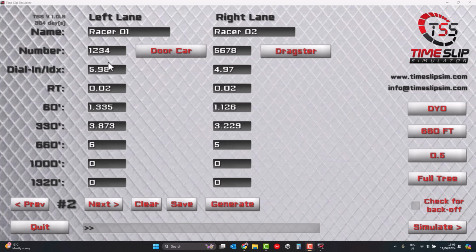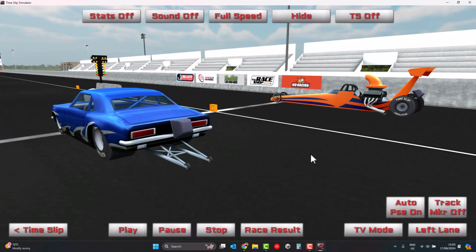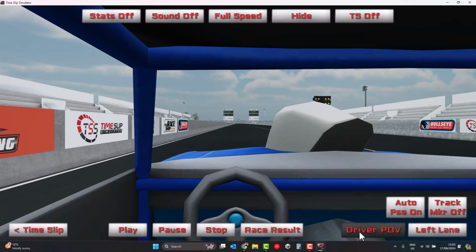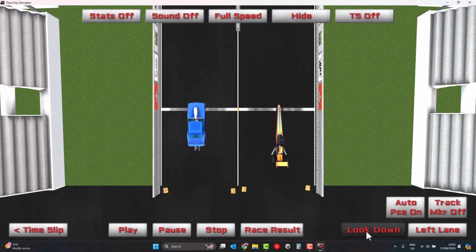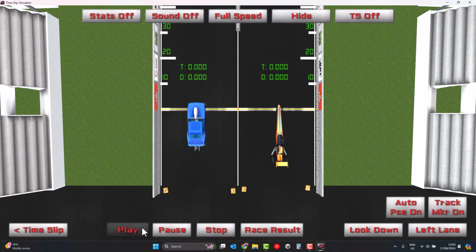So in this time slip you can see that in the left lane we have a dial-in of 5.98 and an ET of 6 seconds, so running 200s over. We have a 497 in the right lane with an ET of 5 seconds, so running 300s over. So let's switch to the look down view, and I'm going to turn the track markers on. I'm going to press play,